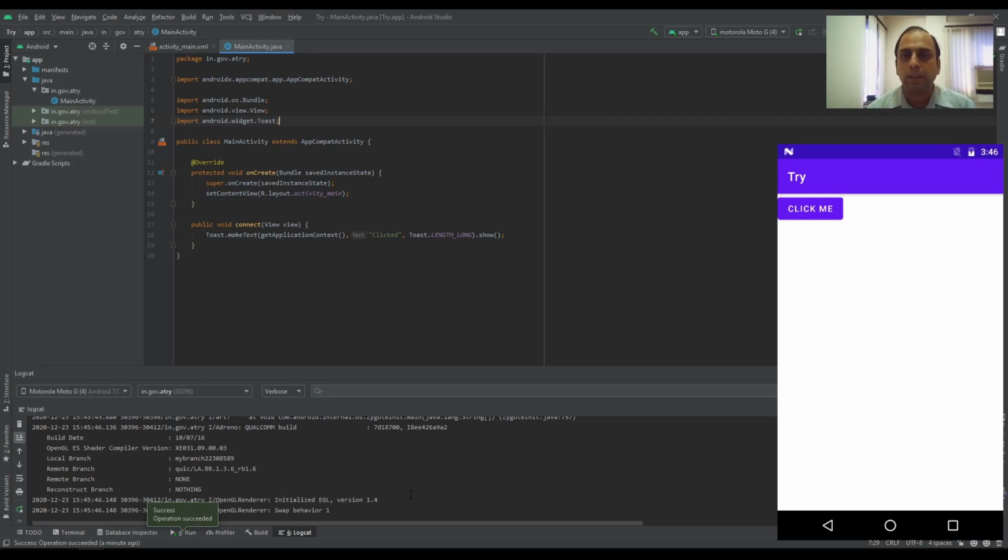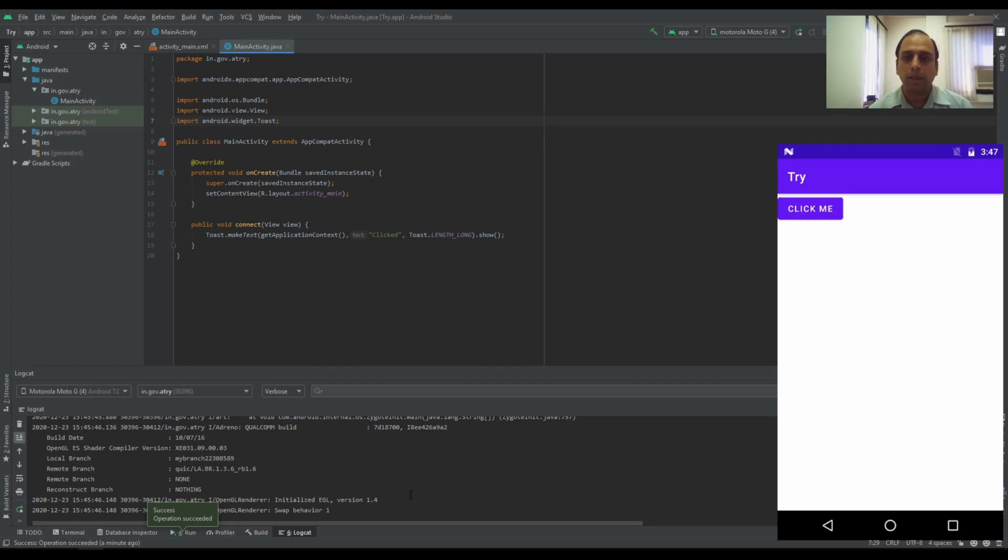So what I recommend is, when you are first configuring your device and first using your Android Studio, by the time you install your first app, you should keep your internet switched on. You should go for an unlimited kind of plan, because when you are downloading all the modules of Android Studio, it will take something like 2 to 3 GBs of data. So you should not be using mobile data. You should be using some sort of high-speed Wi-Fi connection, broadband or something, because it's a big download for the first time.